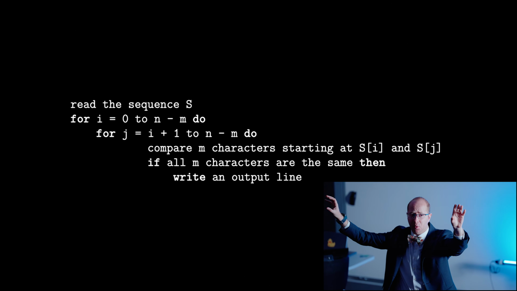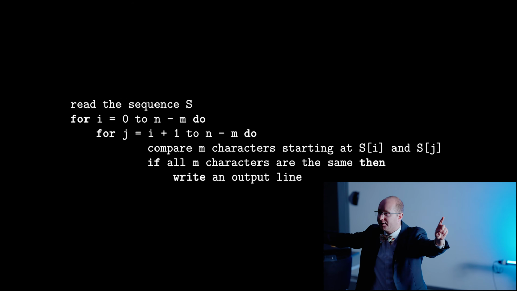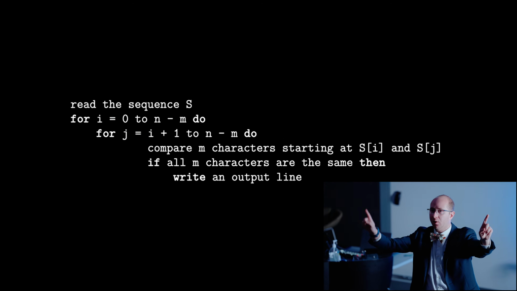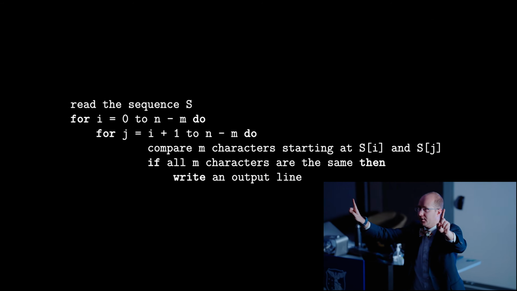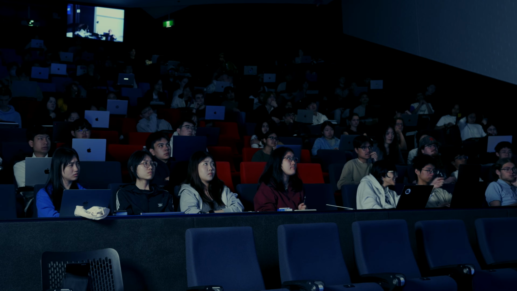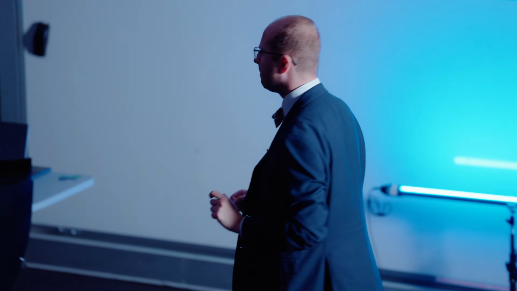Well, it's not going to be m squared because I don't have to check all the letters for each one on this. I can just go, okay, is the first letter the same? Is the second letter the same? Is the third letter the same? Up to m letters. So more or less m. Maybe 2m if you're saying you have to move this one along one and move that one along one. But we're computer scientists, we're not going to care about that, just like we're not going to care about the n minus m being a difference of 7 there. So we have work m in the middle.